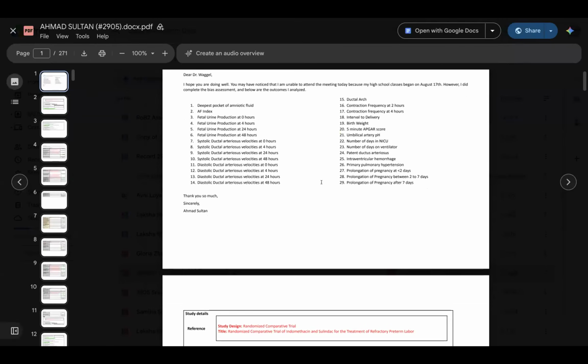So if you guys want to get his up, you can see that he really broke it down into a lot of outcomes. Meanwhile, me over here, I only broke it down into 13 measly outcomes. He did a more complete job than I did. So if we just take, well, let's see what his first outcome was, the systolic ductal. So yeah,